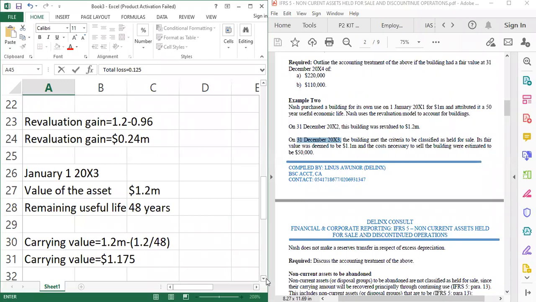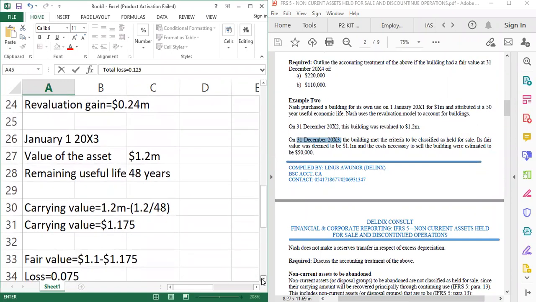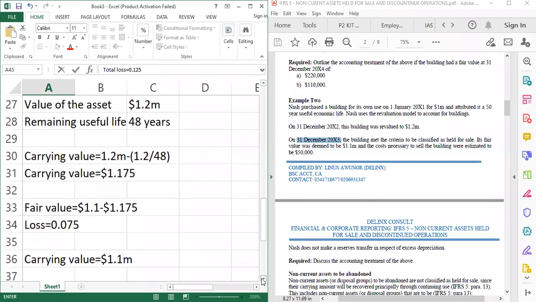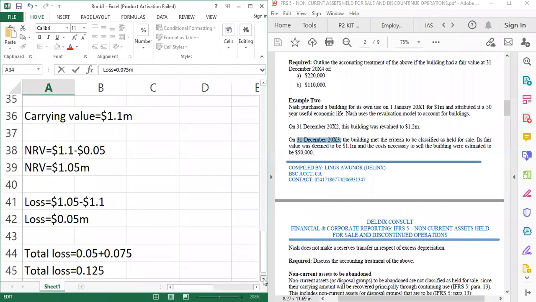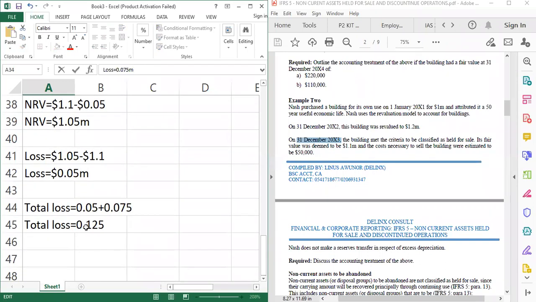So the asset will now be carried at 1.2 million, which will have a remaining useful life of 40 years. After 1 year, the asset was revalued again to 1.1 million. As at that date, there will be a loss of 0.075. This loss will be subtracted from the initial gain on the assets in the other comprehensive income. And on the day that you are classifying the asset as held for sale, there was also an additional loss of